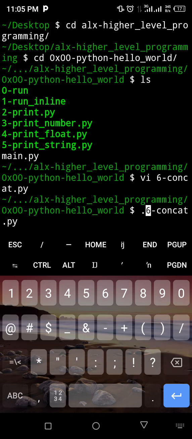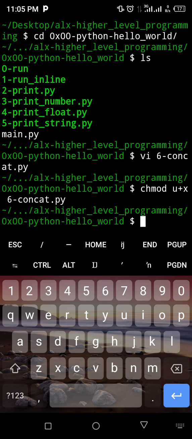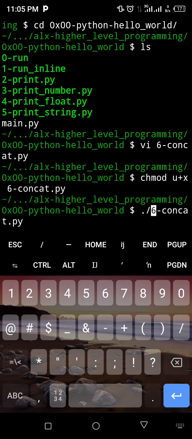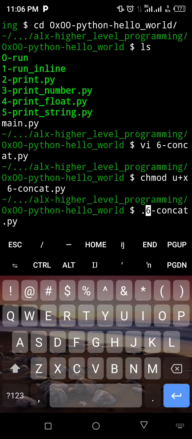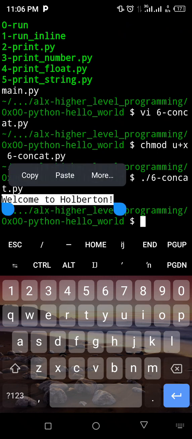okay, let me change the mode first. That's very important. Change mode, U plus X, like that. So I'm going to do dot slash, like that. So you can see we have welcome to Haberton, but we want welcome to Haberton schools, not welcome